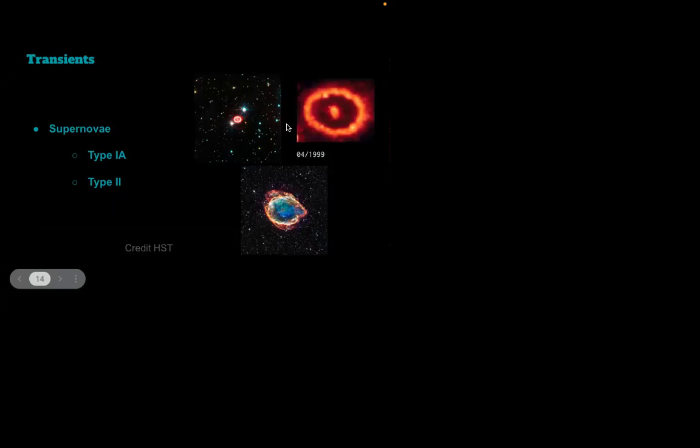So in the top panel, this is the image of type 2 supernova 1987. Here you can see the Hubble telescope, and this is the time when it was observed. Here you can see this ring.